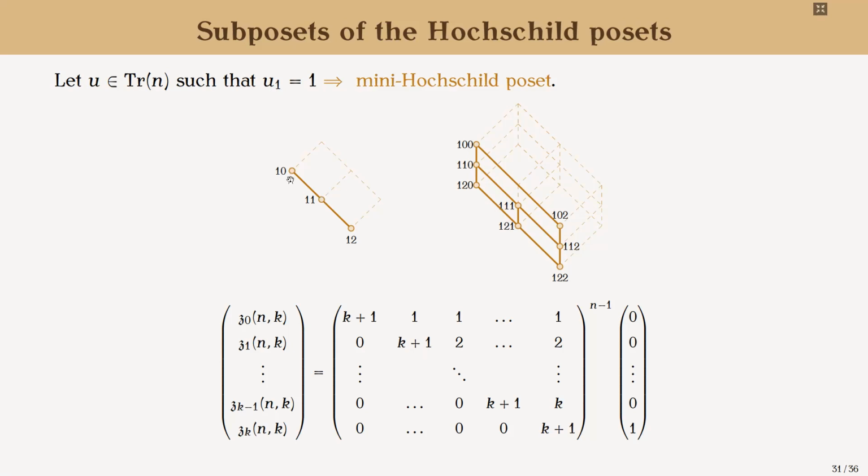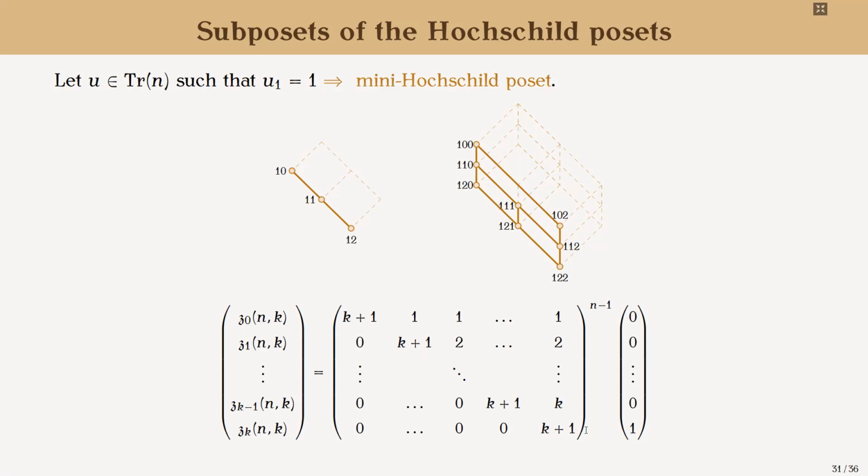Why not? By keeping only this part of this poset. And here, what is funny is that when we compute also the cation of this subposet, we obtain something very similar